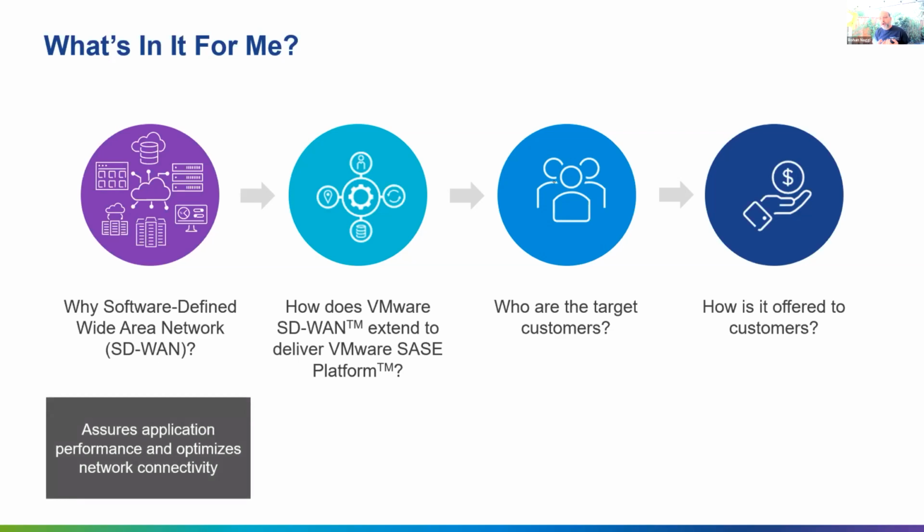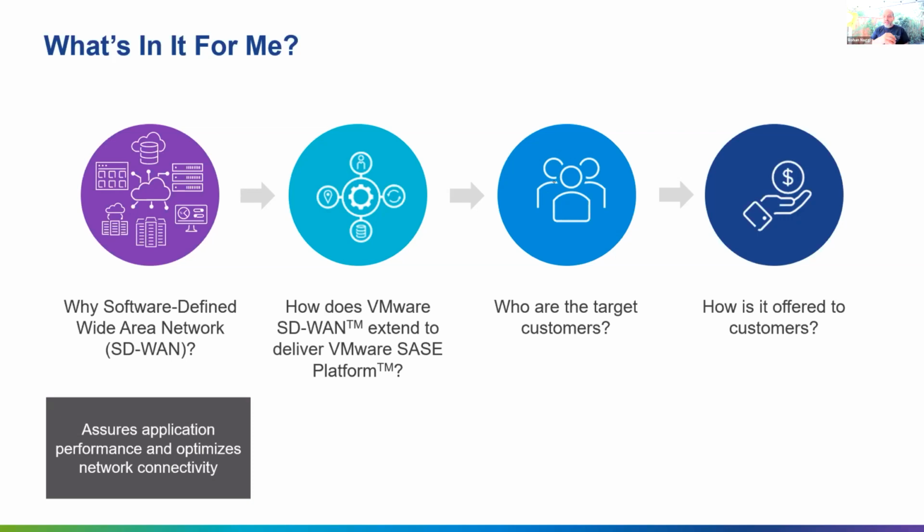So the moment we talk about SD-WAN, the first thing that should come is application performance, application experience to the end customers, user experience. That's the key to it. If somebody asks me what's the difference between WAN, wide area networking, and SD-WAN, the first thing that should come is SD-WAN came to existence for application experience. It has the visibility into the application. It can do deep packet inspection and recognize what kind of an application it is. If it's a real-time application, this is what the system can offer.